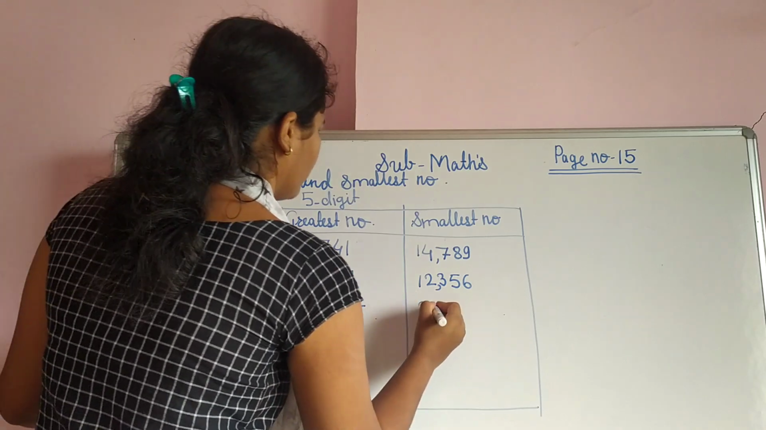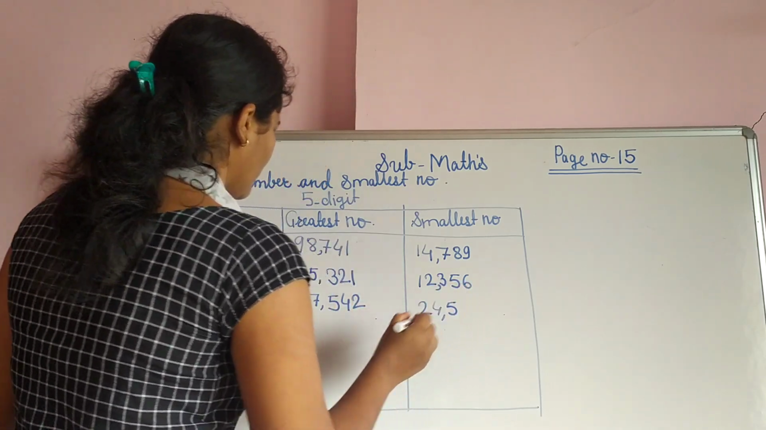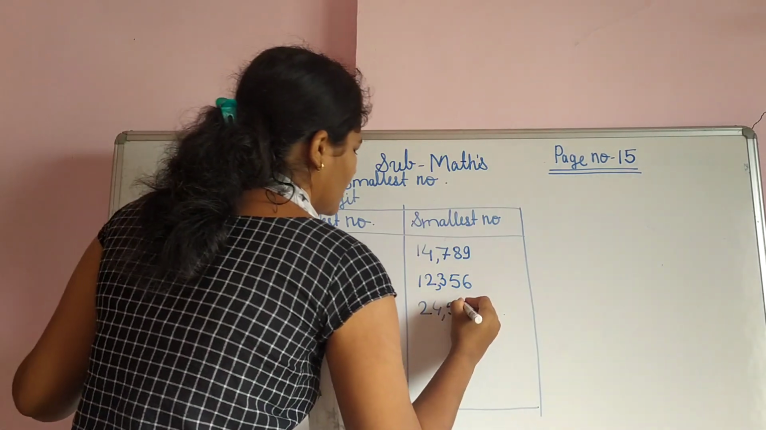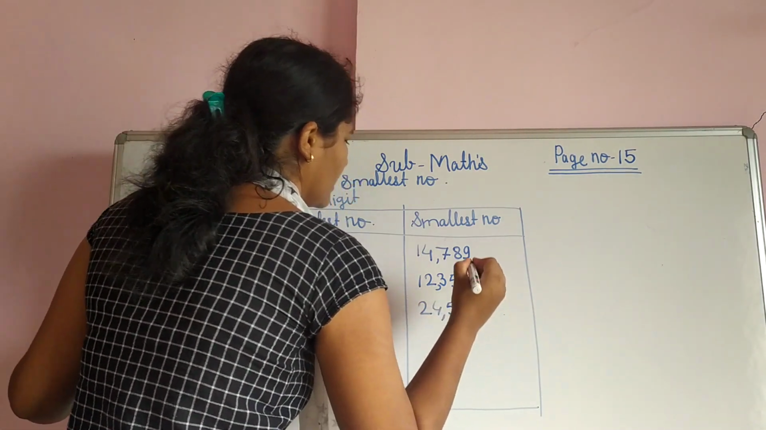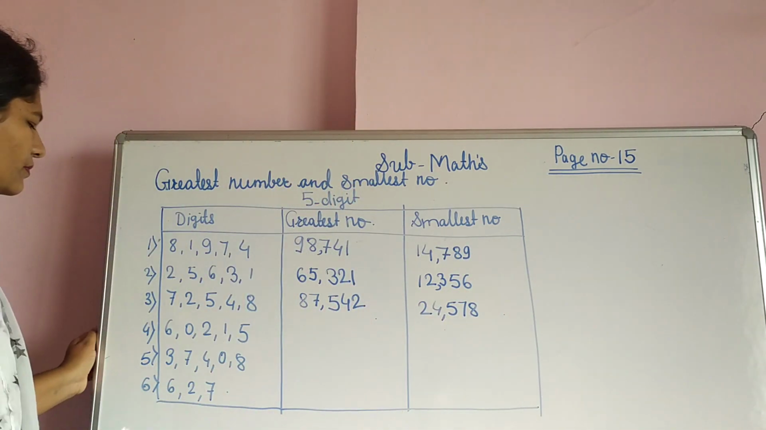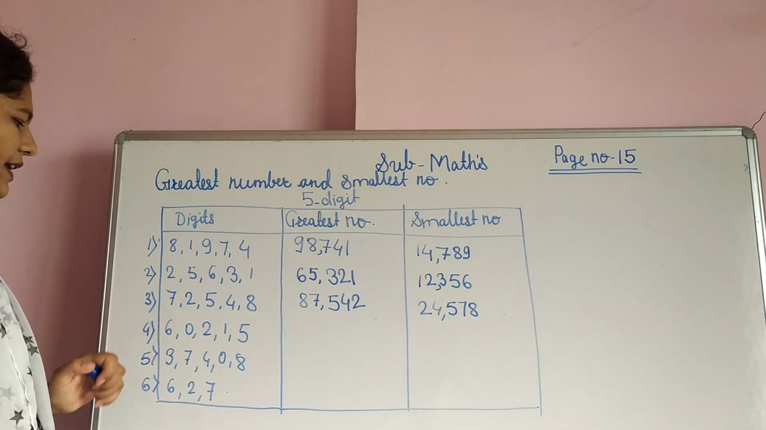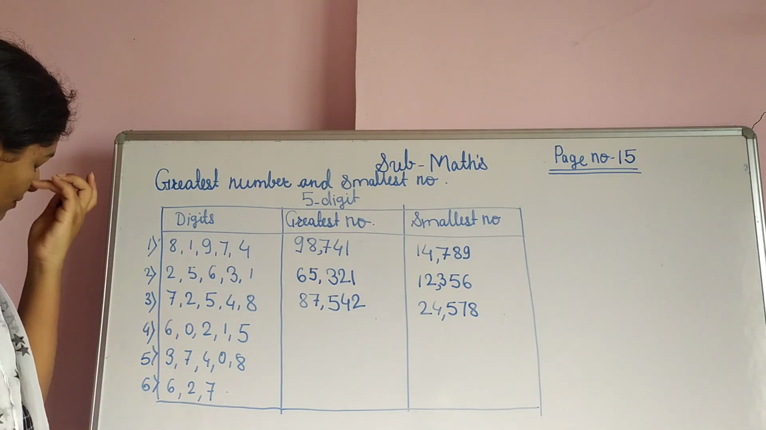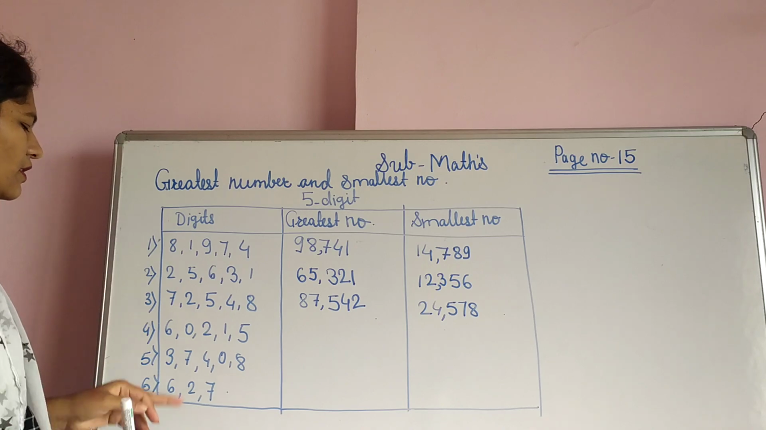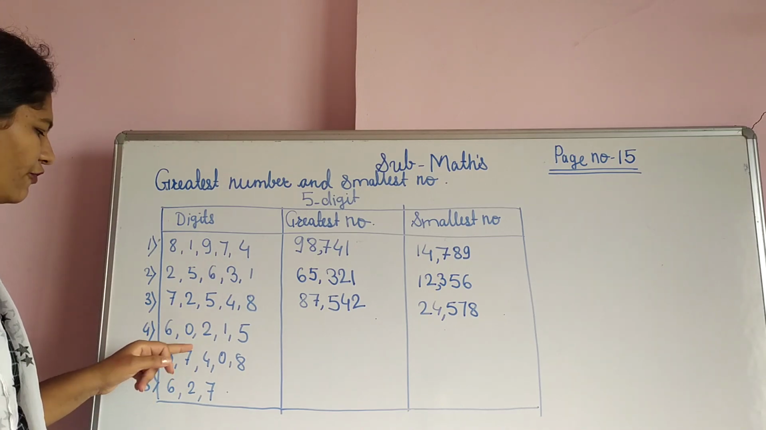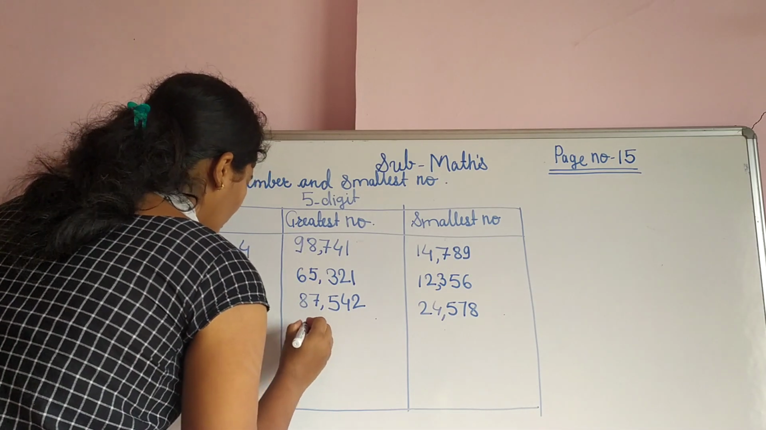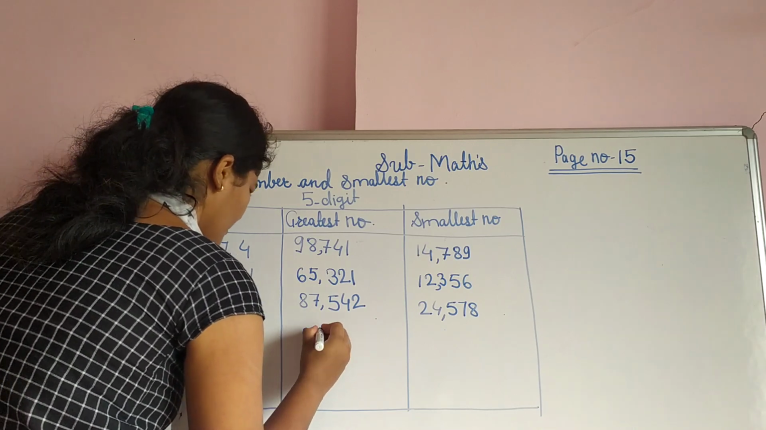2, then 4, then next is 5, after 5, 7 is there, and lastly 8 is there. Yes? So now we see next one. Next one, which is a small? Student, here 0 is small, but if we write 0 first and then if we write like this,